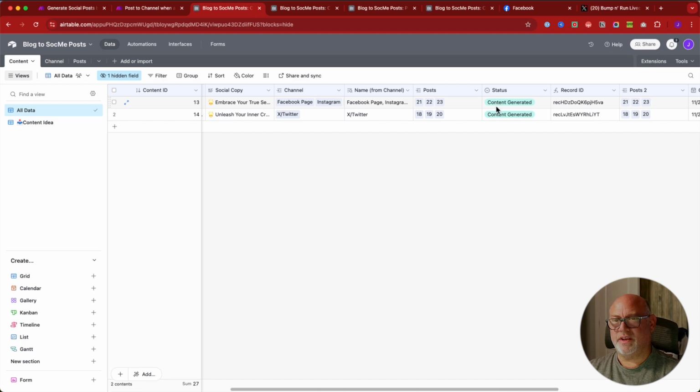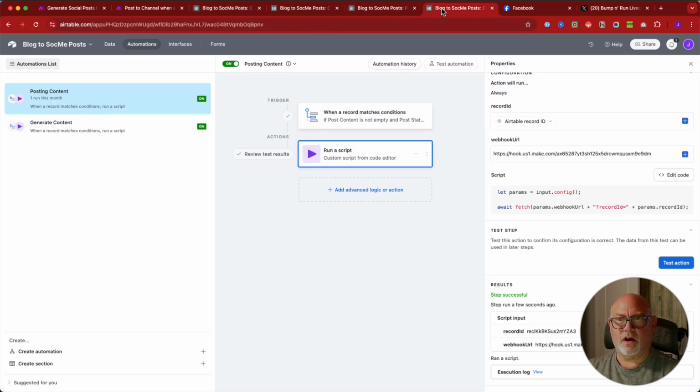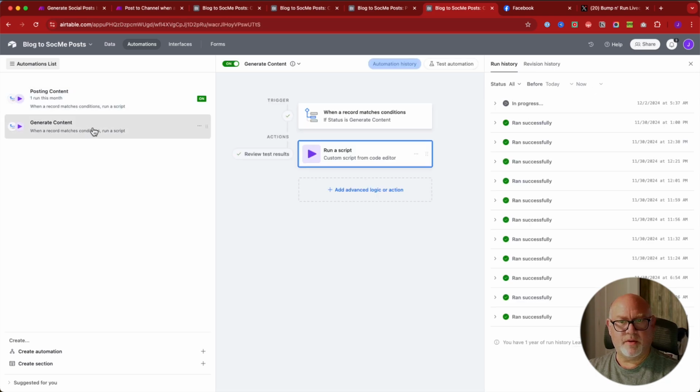Before we go in and execute one of these, you'll notice we now have a channel switcher here, where we can include the channels that we want to post on. This one here is just a Twitter post. So what we're going to do is change this from content generated to generate content. Now that is going to set off this automation right here, which will then send a message over